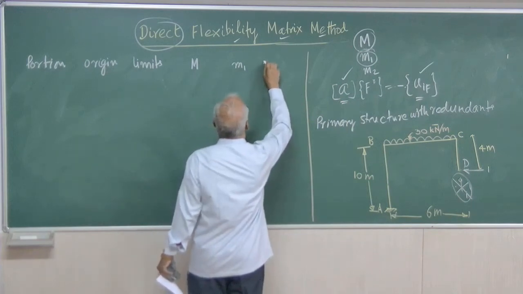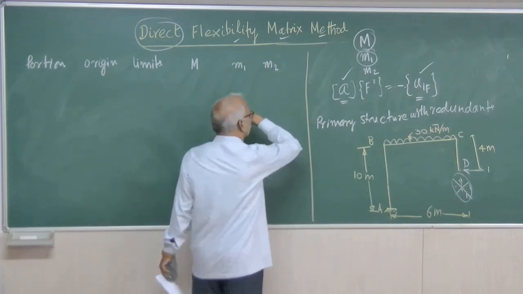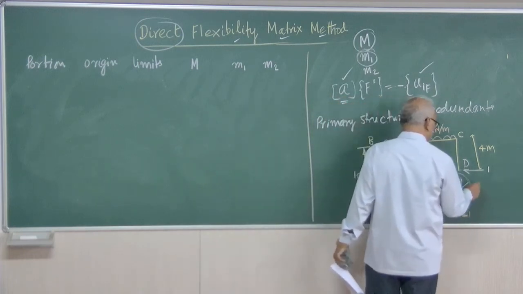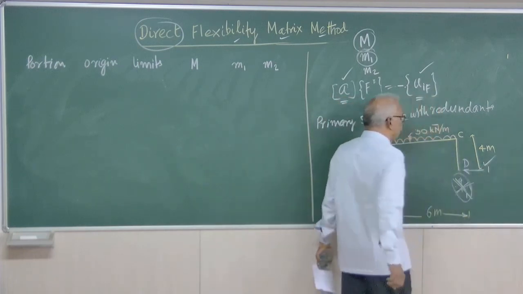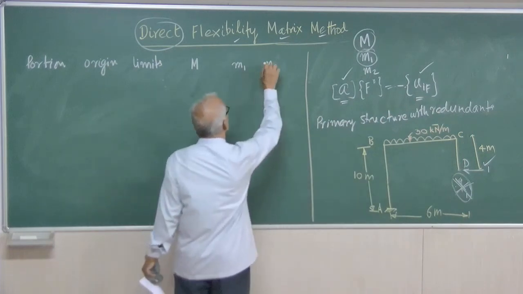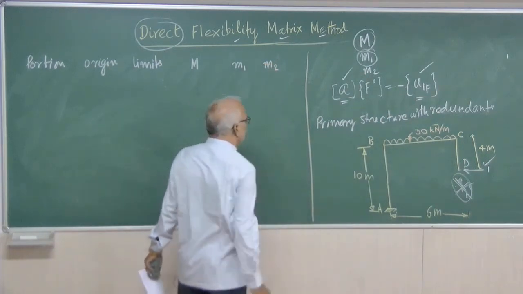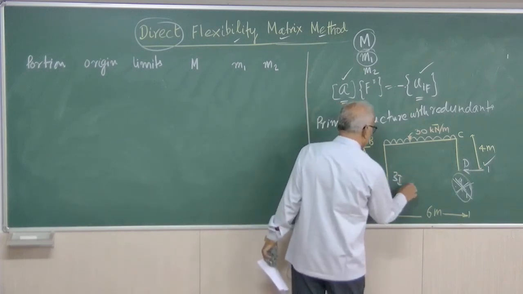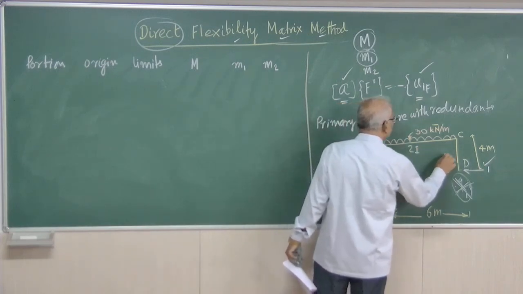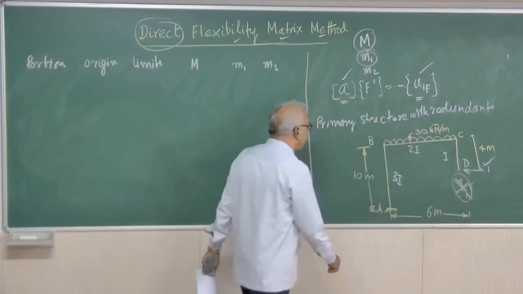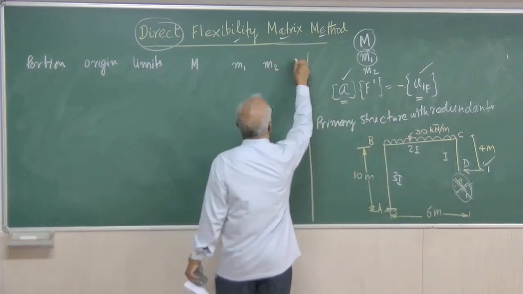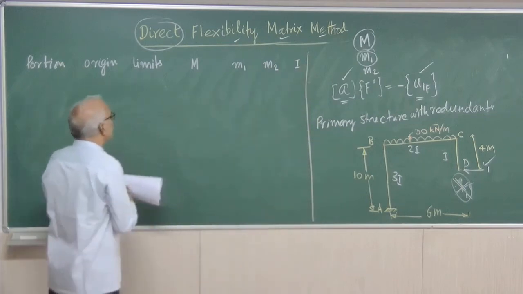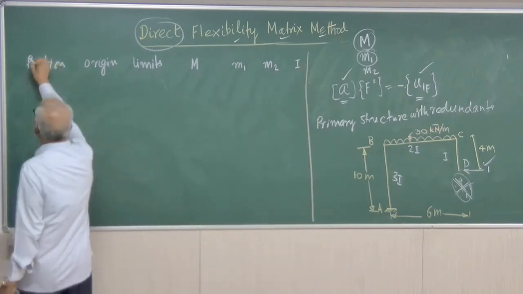Then we will find out the value of M2. So forget about the external load, and apply HD equal to unity. Due to that alone, whatever value we get, it is equal to M2. And here the moment of inertia varies. For this it is 3I, for this it is 2I, for this it is I. Therefore, we have to provide a column for the moment of inertia also. Right. So that's about the standard tabulation.